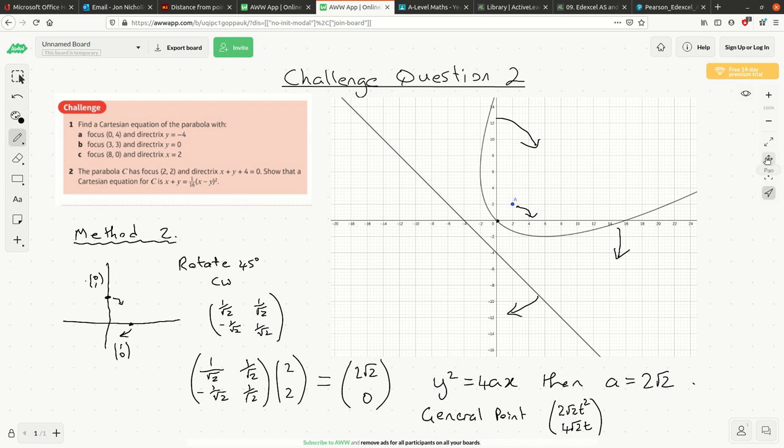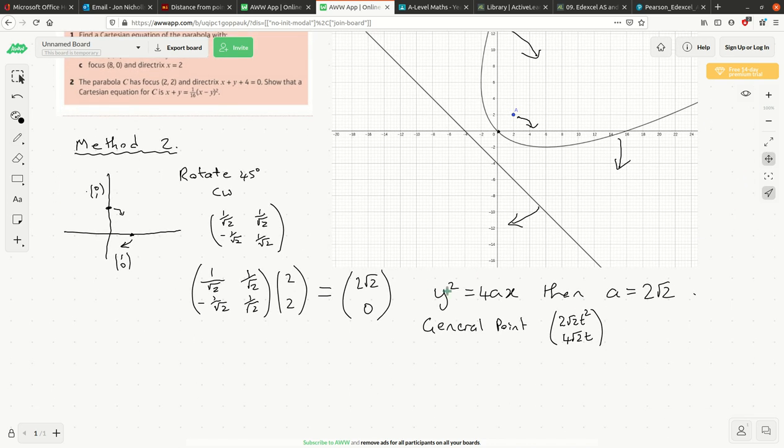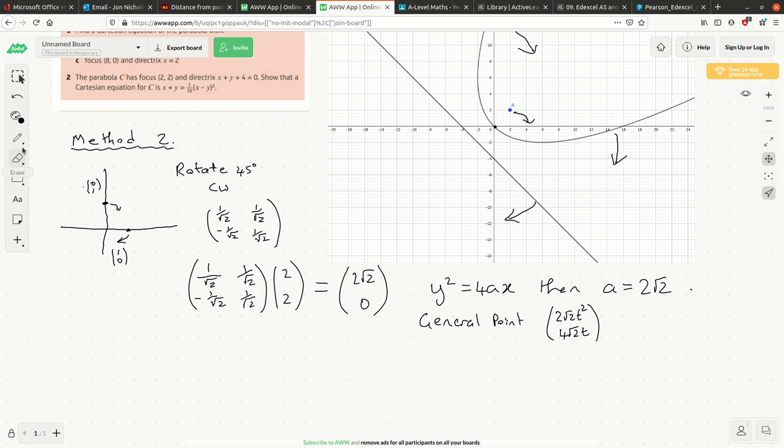That's going to be our general point on our parabola, and we're going to try and rotate that now back up 45 degrees anti-clockwise. Essentially what I've found, let me make this a bit clearer, I might even show you a little bit of GeoGebra here, but what I've found